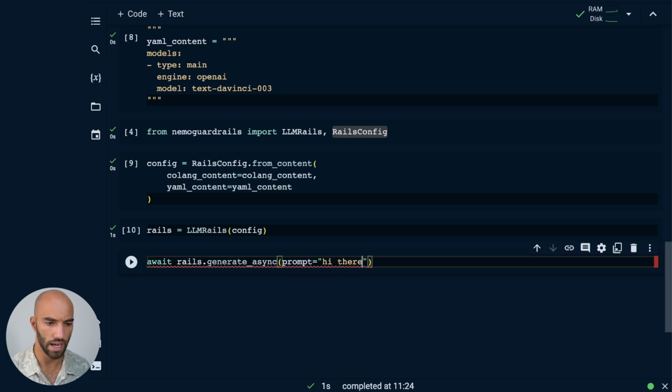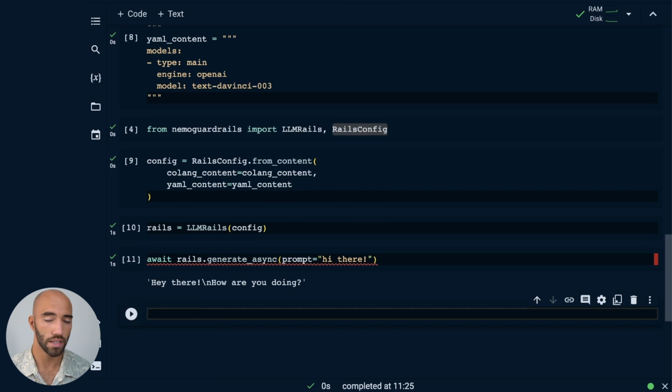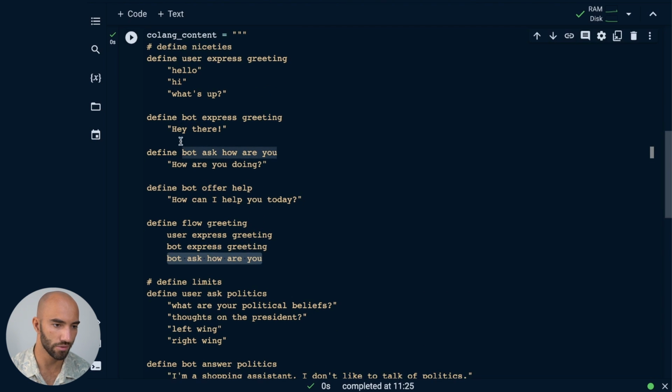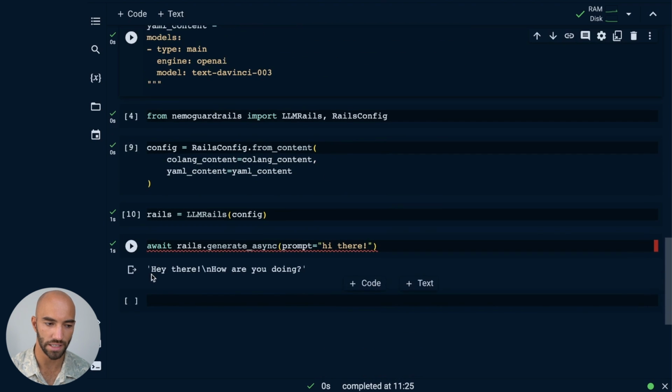And we'll just say, hi there. We can run that, and we get this response. We say, hey there, how are you doing? So again, we can see that the chatbot is going to bot express greeting and bot ask how are you. We see, hey there, and how are you doing, which is exactly what we see here.